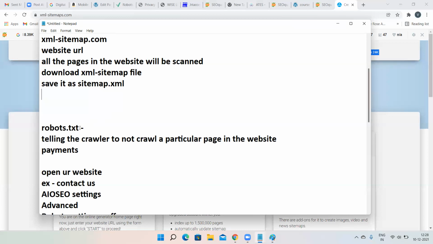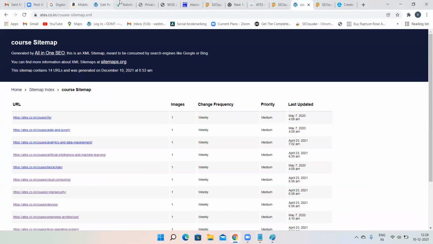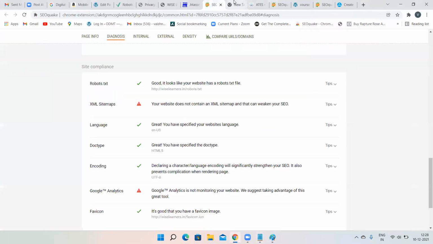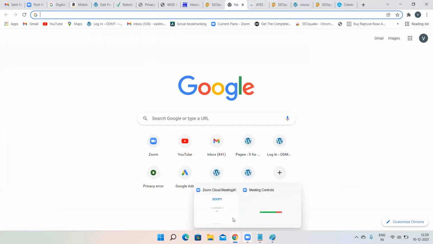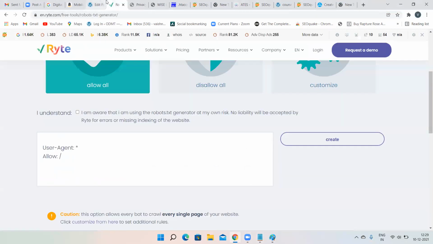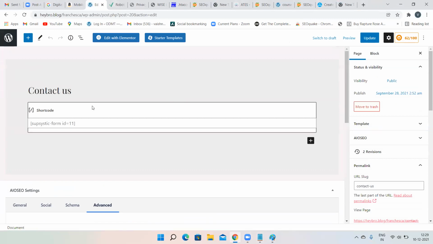Now, one more file is robots.txt. What exactly is robots.txt? It tells the crawler to not crawl a particular page in the website. That means telling Google to not collect particular information from your website. How to tell Google to not crawl a particular page? Just open your website. Suppose I don't want Google to collect contact us page